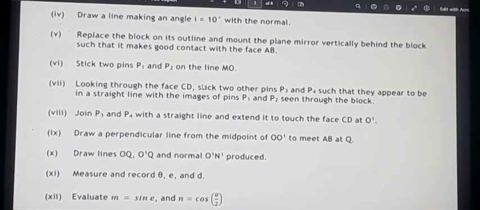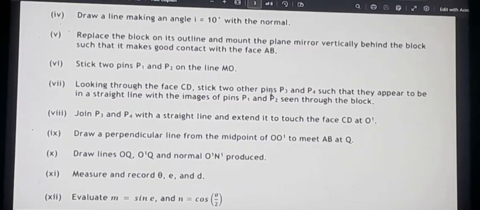So you're going to look through the face CD. Looking through the face CD, stick two other pins, P3 and P4, such that they appear to be in a straight line with the images of pins P1 and P2 seen through the block. So what that means is that,